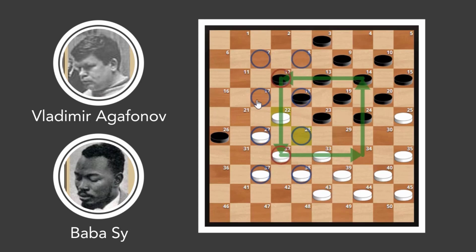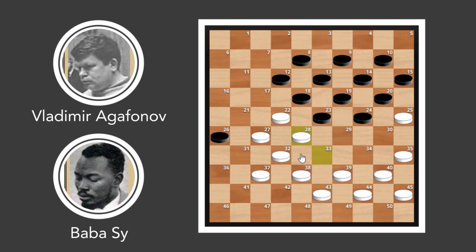And then again, the key squares here has 22 as its center. So white can move to 22. So from 28 to 22 can be played. So that's what Babasai played. Vladimir answered by playing 3-8. And the move was answered by Babasai by playing